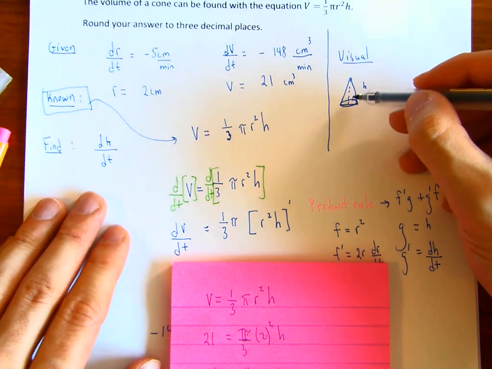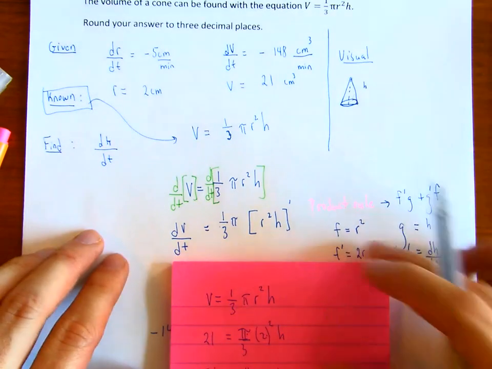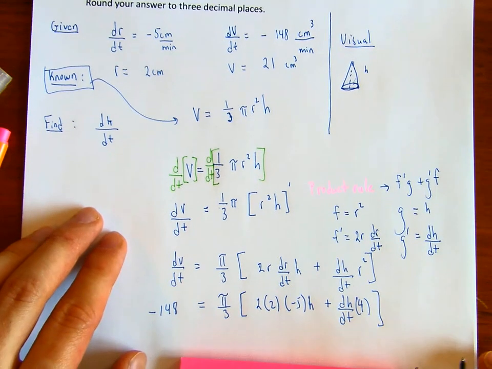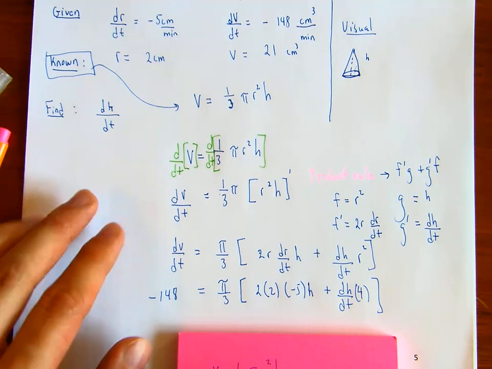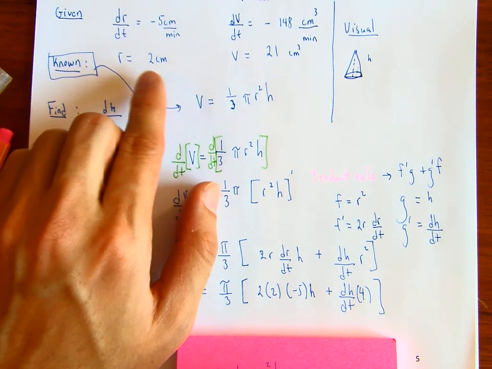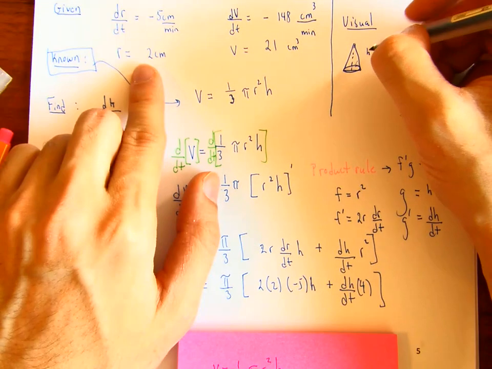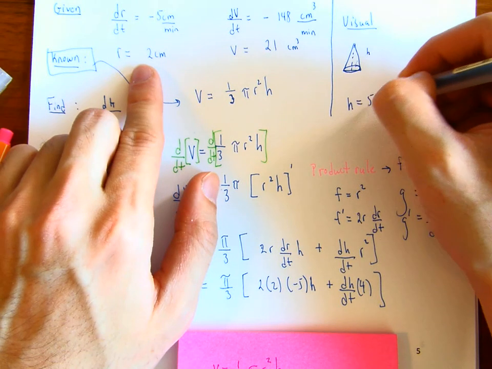Is the height positive or negative? Let's just make sure we have our measurements right. Your volume is positive. The r is positive. So this height is also positive. H is equal to